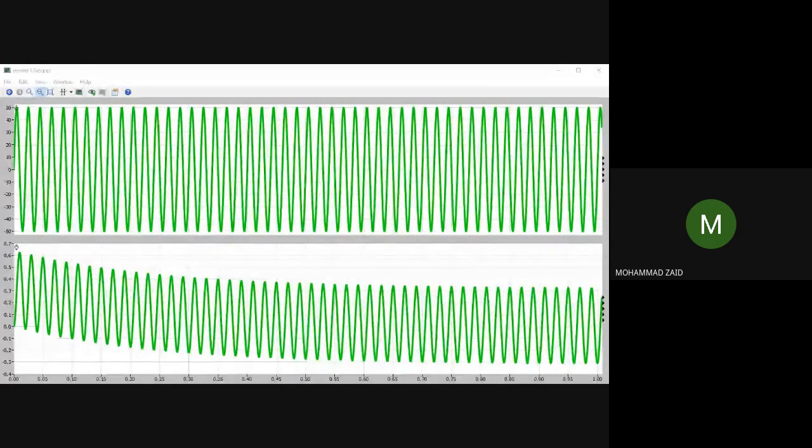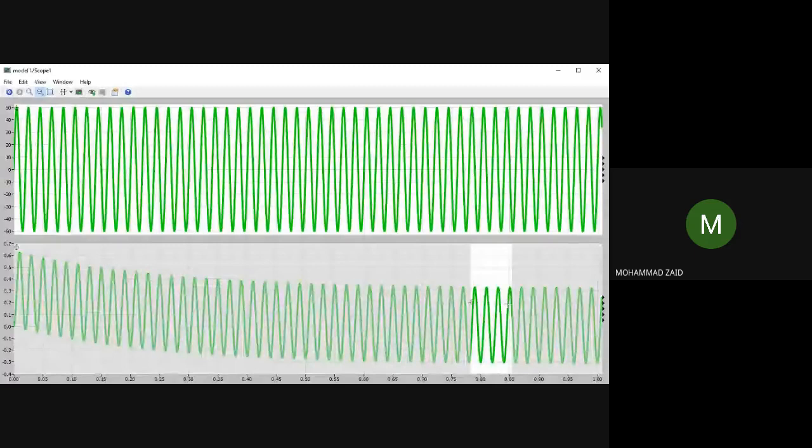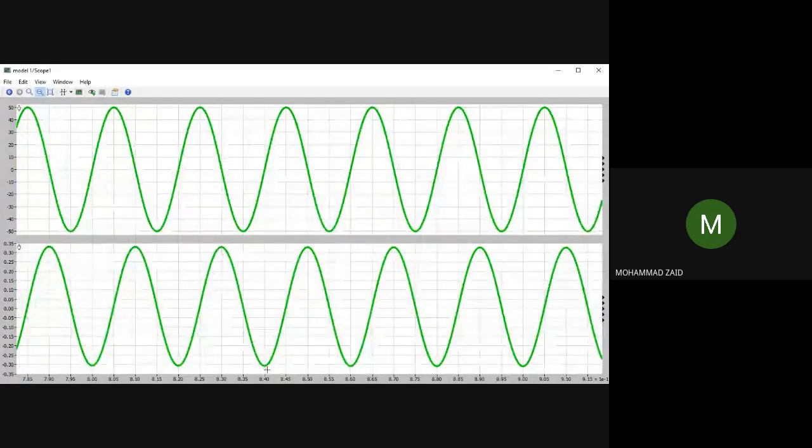if you can see, this is the transient part of the current. The current is not settling, but its magnitude is decreasing. You see, the envelope is decreasing, and after some time the magnitude has become constant. Now you see the positive value is equal to the positive value at each cycle. The current magnitude is small because I have taken a large resistance. It is about 3 amperes, but it is now constant.